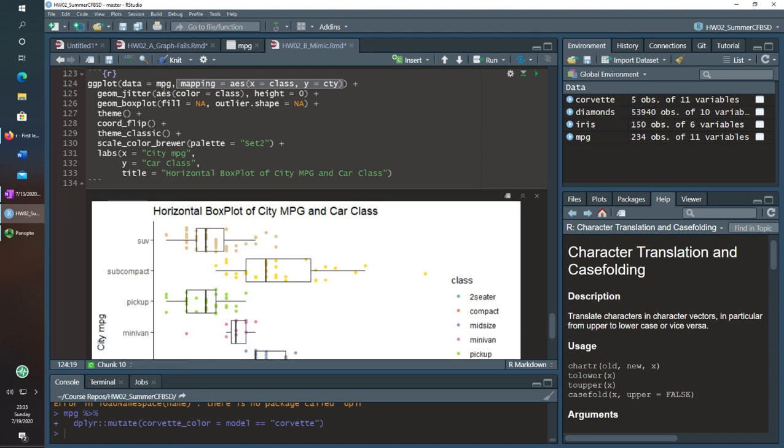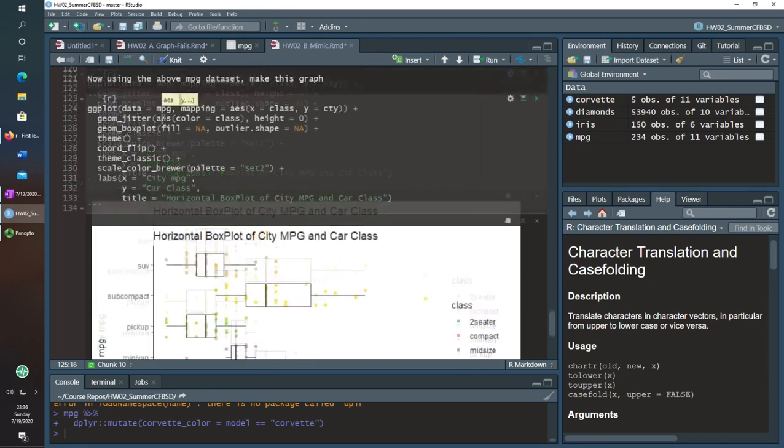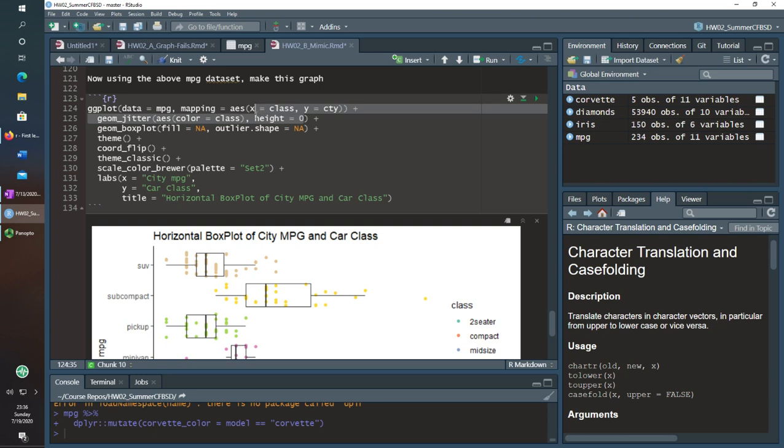And the solution to this, a lot of people came up with. There are some people I talked to who use geom_point and then use the jitter function in there to say that they wanted to jitter it. But the easier way to do it is actually there is a geom_jitter, and the reason this is a little bit easier is because you can set the height equal to 0.